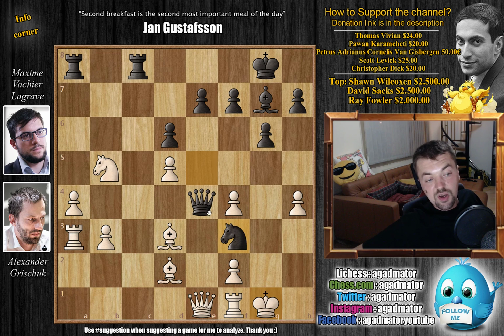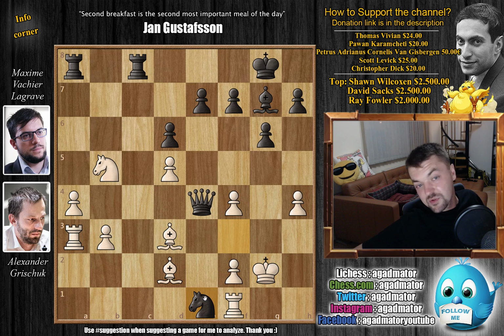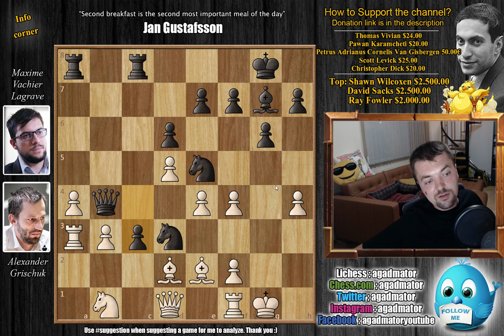And now the problem is you have to go under the mask of the queen. You can go to h2, so whatever you play, king g2, and this capture comes with check, so it just loses. Not, you know, a pleasant position at all to be in. So Grischuk did the only thing he had left, f captures on e5,